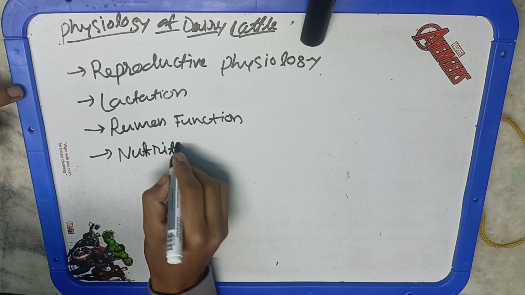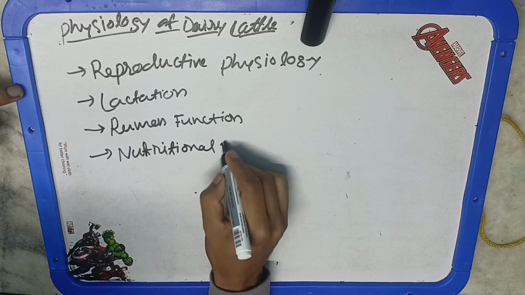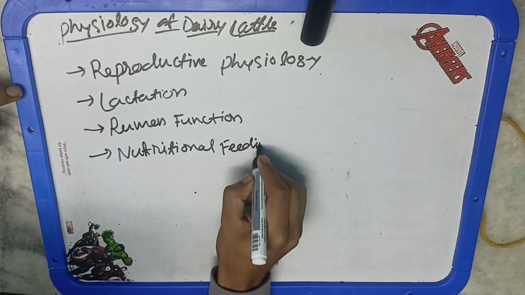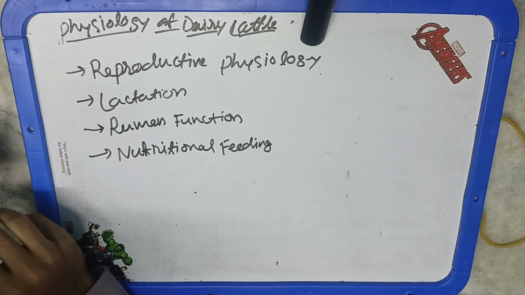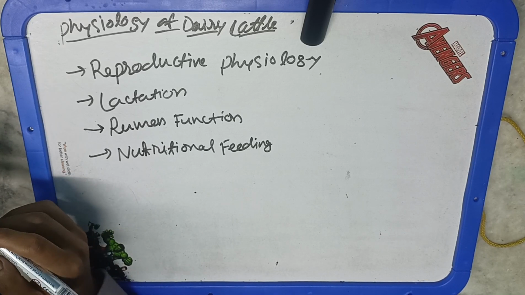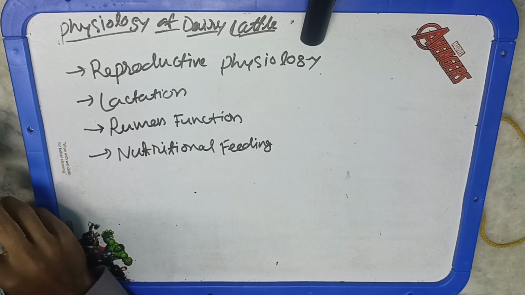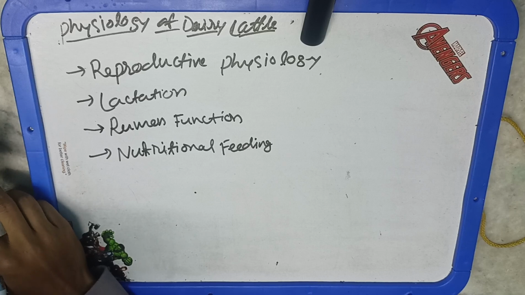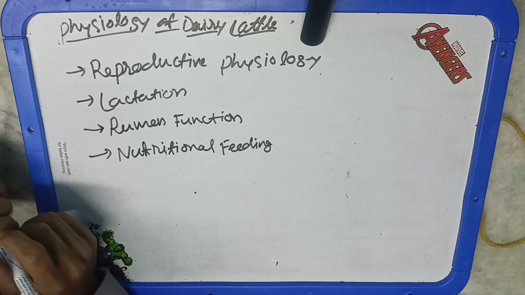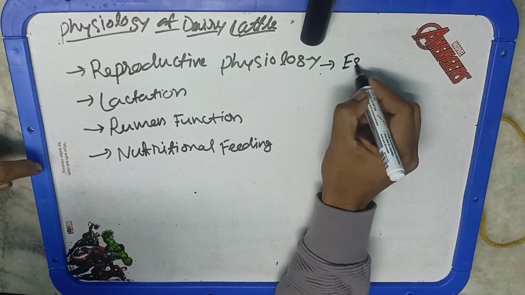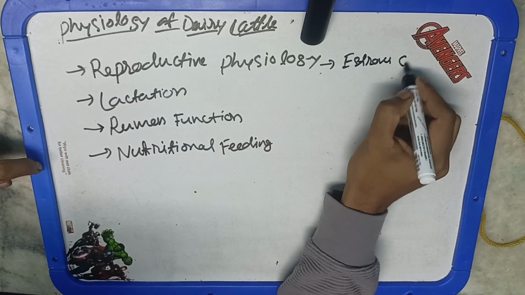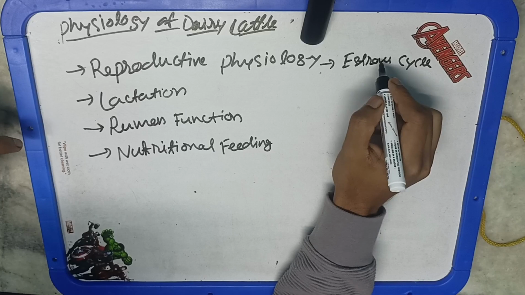Reproductive physiology means, unlike in human beings where there is a menstrual cycle, here we will see that dairy cows undergo a regular estrous cycle. This cycle is known as the estrous cycle, also named the heat cycle or heat period. It is generally 21 plus or minus 5 days, and involves hormonal changes and ovulation.